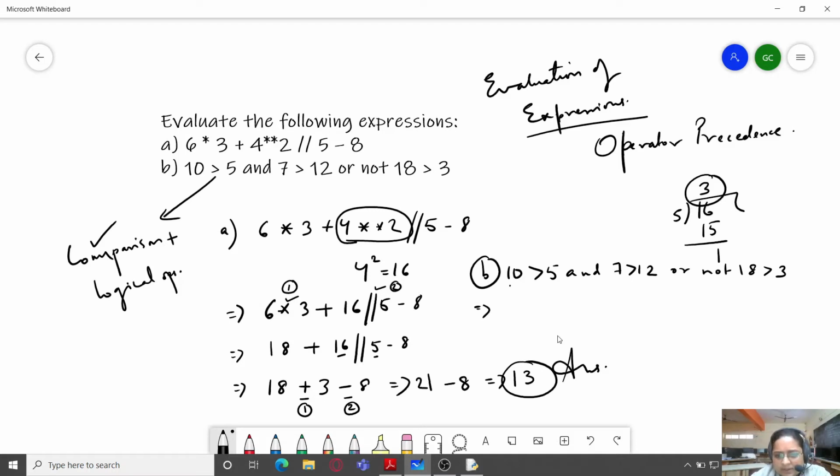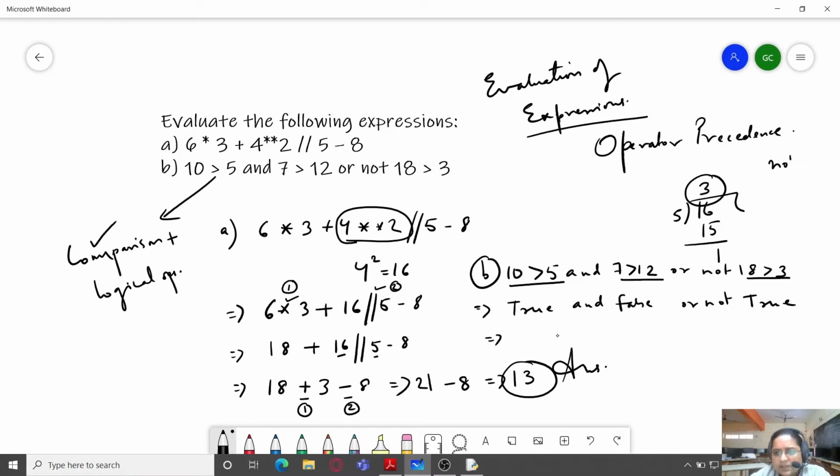First, 10 greater than 5, which is true, and 7 greater than 12, which is also true. Sorry, I did it wrongly. It is false. 7 is not greater than 12. So this is false, and 18 greater than 3 is true. Now in this we have three logical operators: and, or, and not.